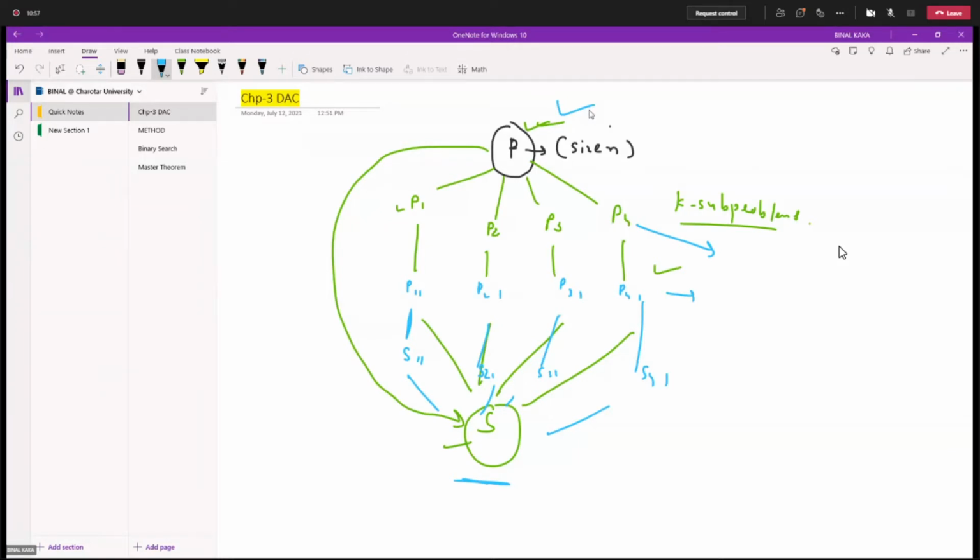So what is the method for divide and conquer? If we have a particular problem that is large in size, we divide it into k sub problems or n sub problems. If the sub problems are also large, we can divide them into further sub problems. After that, we take an individual solution for each and every problem and combine them into a single solution. So that is how the divide and conquer strategy works: we divide the problems and then combine the solutions into the single solution.